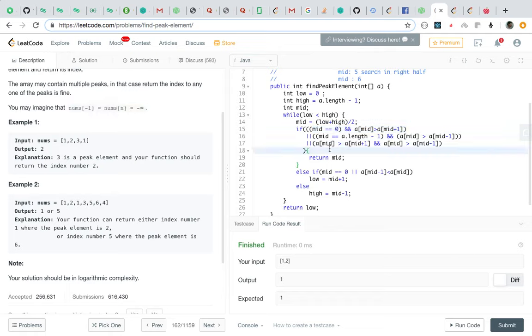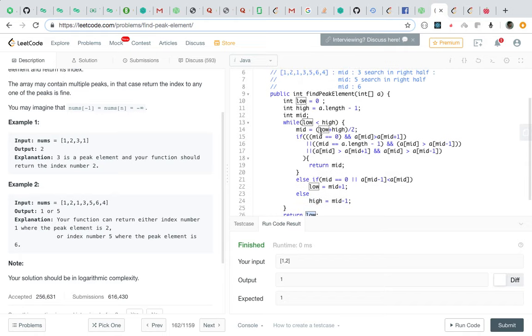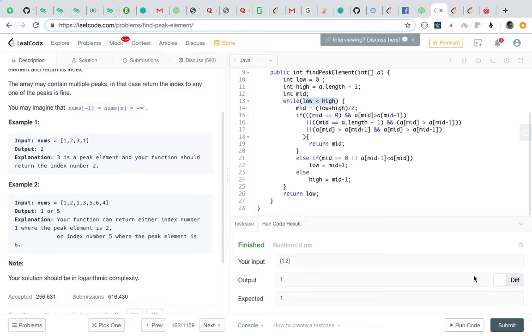So it's always advised to read your question. We check if this condition is met, then return the index. Else, our previous condition: if it is an increasing subsequence, then check in the right sub half, else check in the left sub half, and return low. You can return either low or high here, because this loop will only quit when low equals high. So if we submit it,